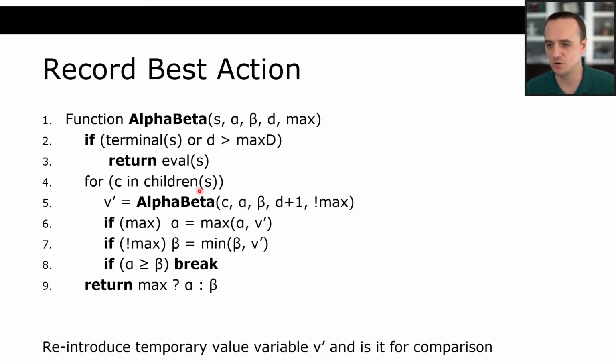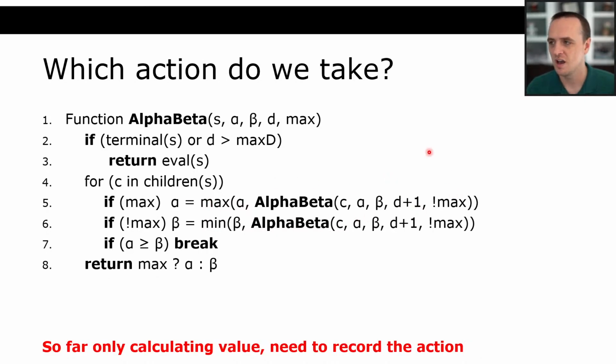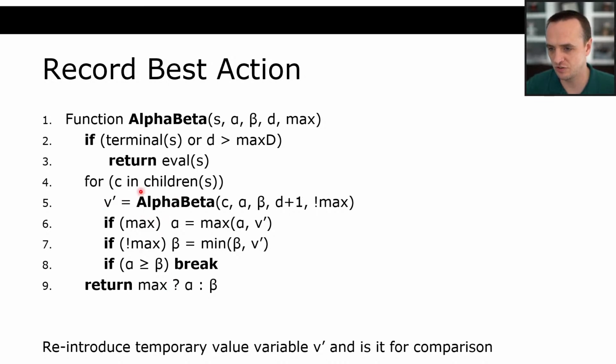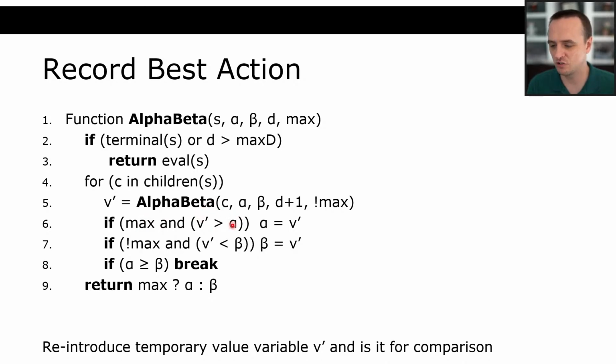Well, the first thing I'm going to do is reintroduce that temporary variable v prime. Because instead of just taking the max of something, I actually want to know when the max occurred so that I can set the best action. So that's what I'm doing here. I'm reintroducing this variable and I'm saying if max. So I went back a little bit in that derivation. So if max and v prime is greater than a, right? So now I'm back to saying if I'm maximizing and this is a better value. I'll show you why this is, but just bear with me. Now what I want to do is